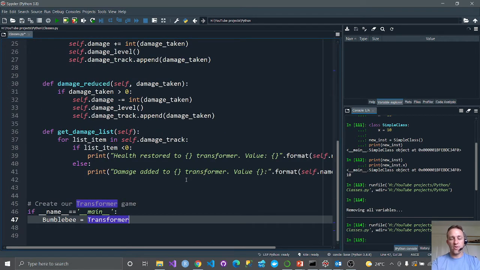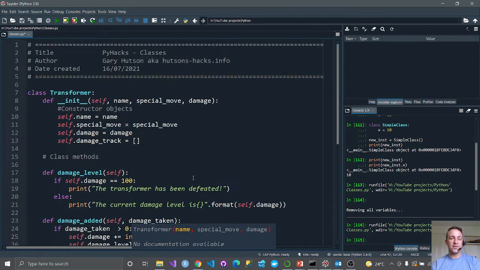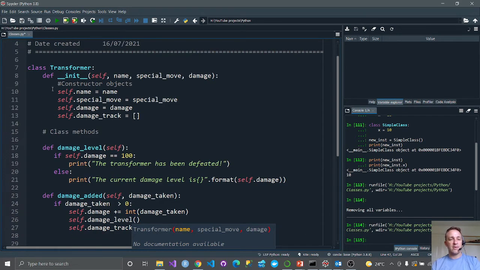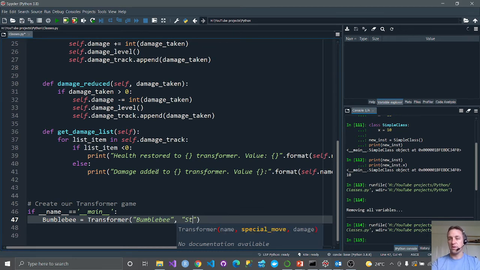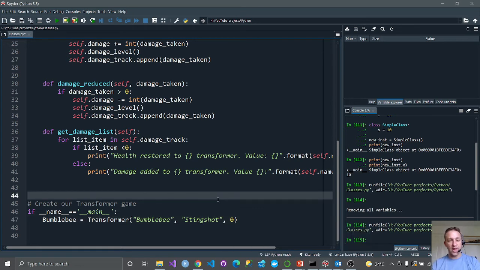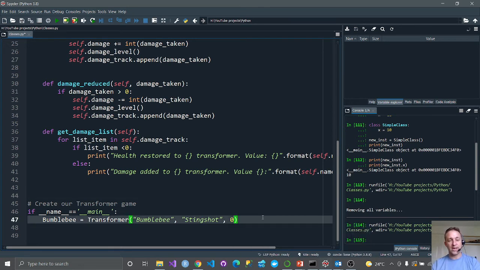We've got some parameters now to pass to that class. Can you remember here how we set the self.name equal to the name that's passed? So it sets the class parameter name equal to the name that's passed, and so on. So I'm going to call him Bumblebee. I'm going to set his special move to, I know this a lot because I watch a lot of Transformers with my son, Sting Shot. I'm going to initialize the damage as 0. So at this stage, Bumblebee's perfectly healthy, he's taken no damage whatsoever. So if I run this here,